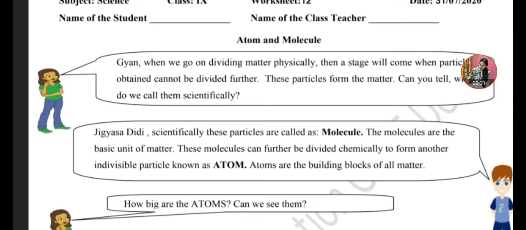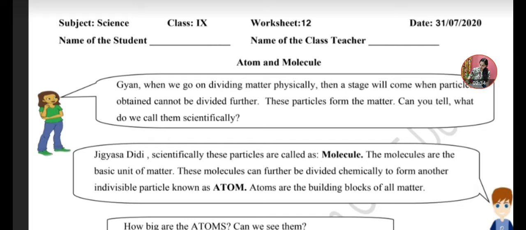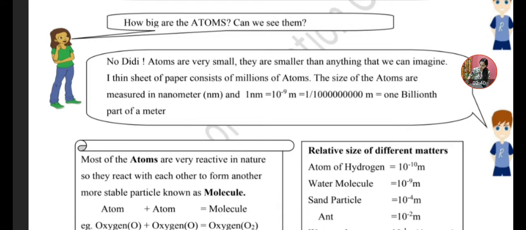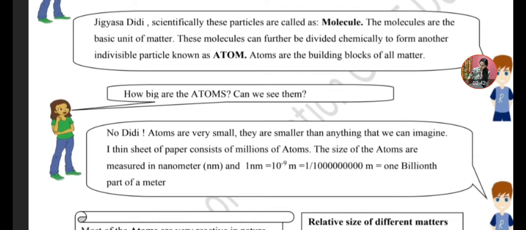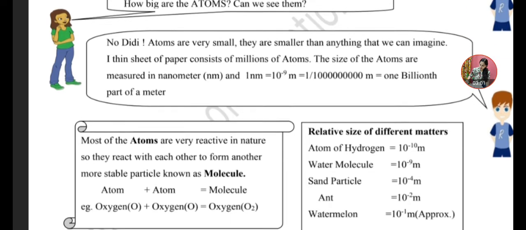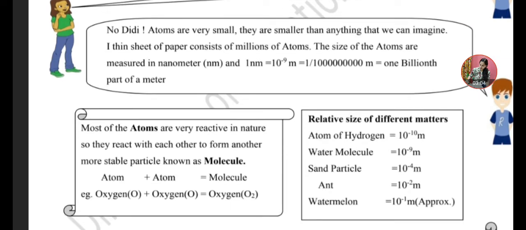Okay, I think from this worksheet you have cleared your doubts about atom and molecule, about their size, their unit, and also about their examples. In brief, I can give the definition of atom and molecule to you. Students, atom is the smallest particle that can't be divided, and molecule is formed by the combination of atoms. Example of atoms: O oxygen, H hydrogen and nitrogen, and examples of molecules: O2, N2, H2.